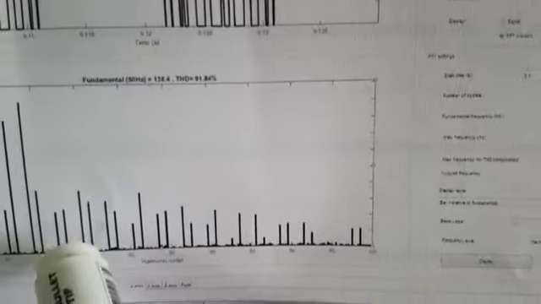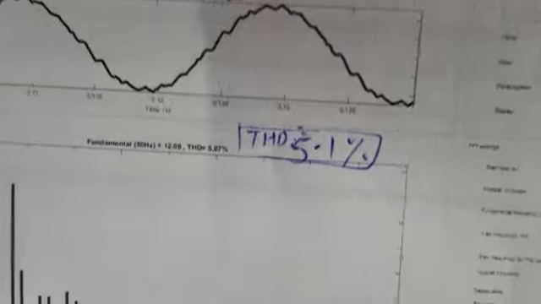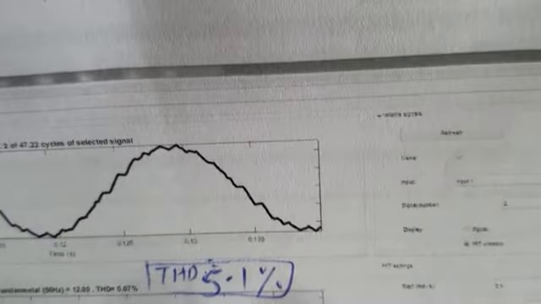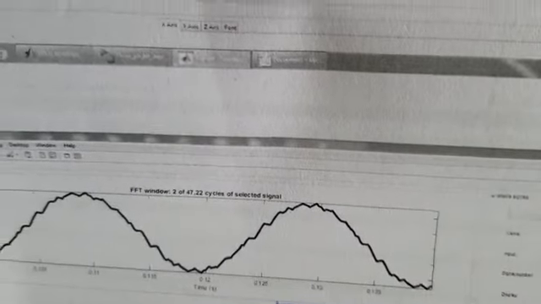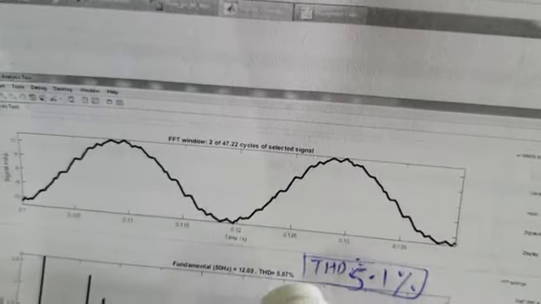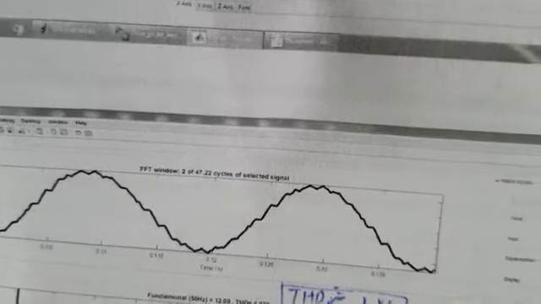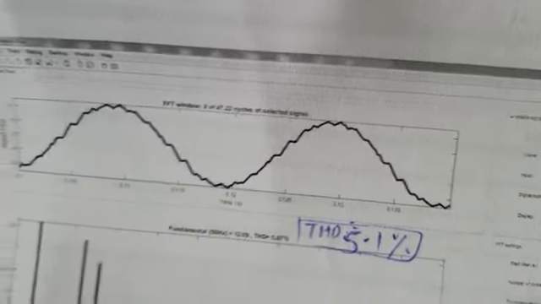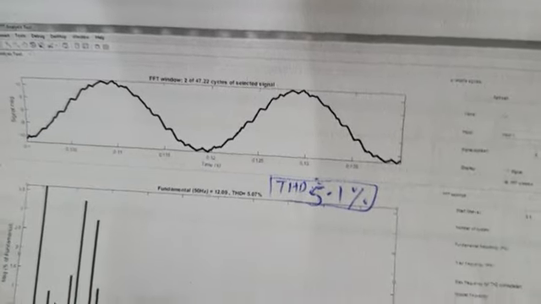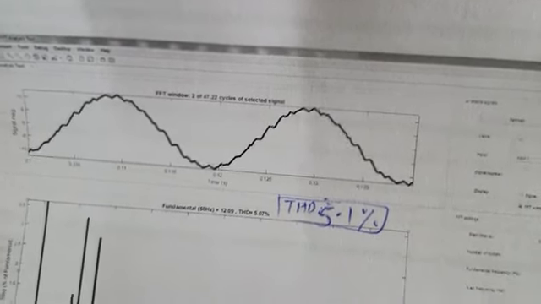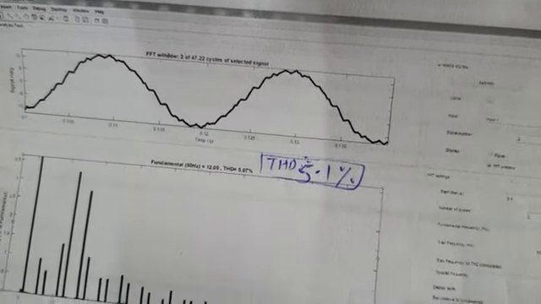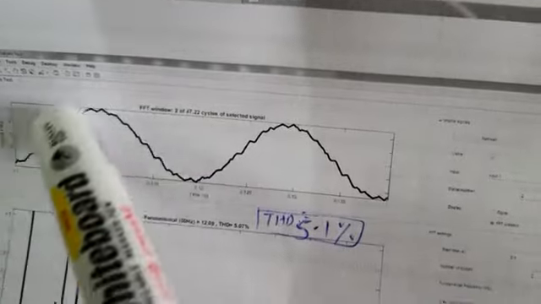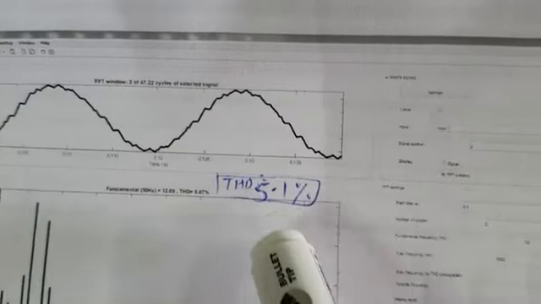This is the harmonic spectrum of voltage, and this is the harmonic spectrum of current. And the THD of current is around 5%. It is slightly higher because I have taken less switching frequency in this case. I can now increase the switching frequency because of the bus clamping. Bus clamping results in less switching power losses, so that gives me the flexibility of increasing the switching frequency. Therefore, if I increase the switching frequency, my current will almost become sinusoidal, and the THD of the current will go below 5%.